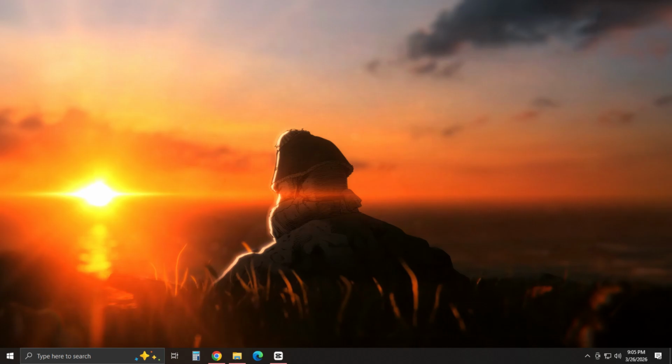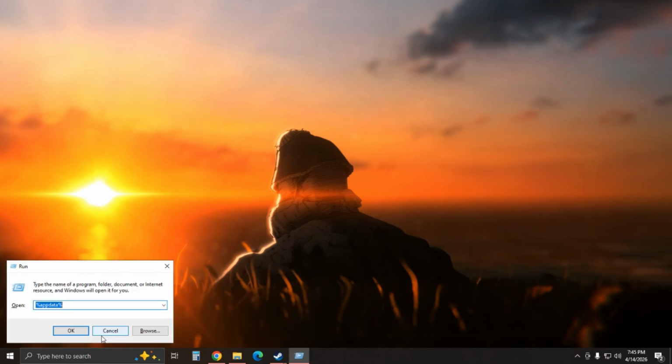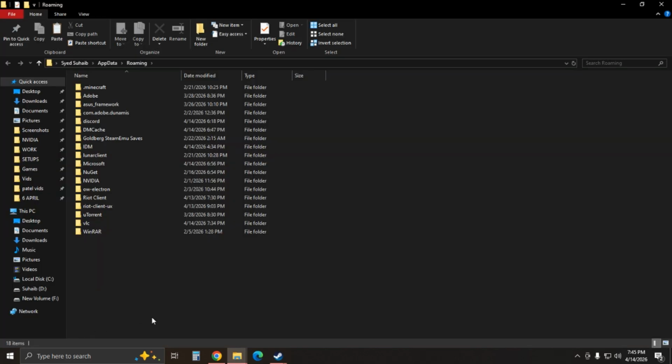How to fix Arc Raiders' launch error 3005. What you need to do is first try to reinstall Arc Raiders, but it is a very big game, so most people find it difficult. So what you need to do is press Windows + R on your keyboard, type %localappdata% and click OK. Here you'll find the Arc Raiders folder, so just delete the folder and run the game, so it